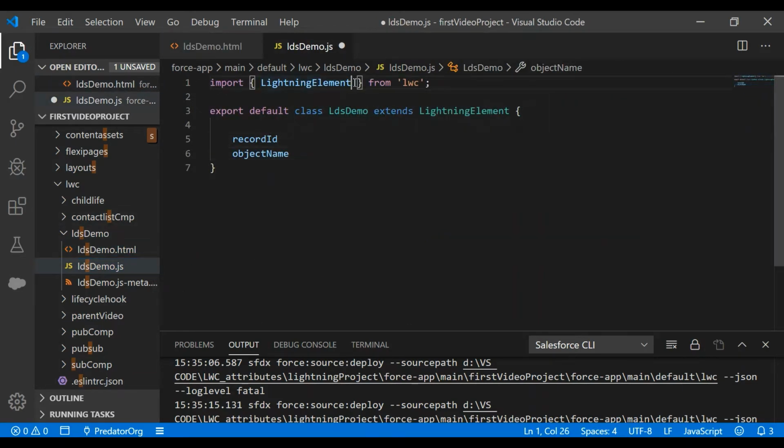For now, since we are going to include this Lightning Web component inside a record page layout, we don't have to fetch the record or specify the record hard coded, right? So we'll fetch the record ID and object name from the page layout only. So for that,